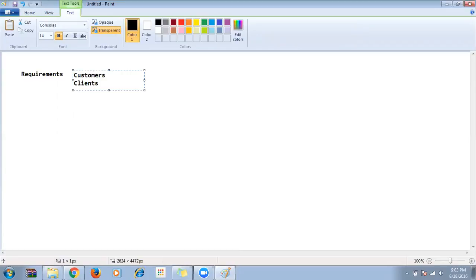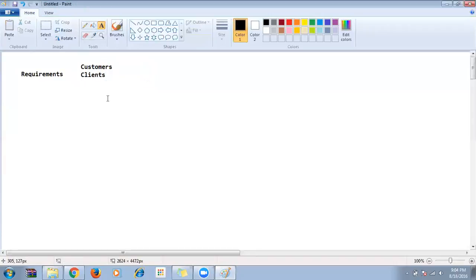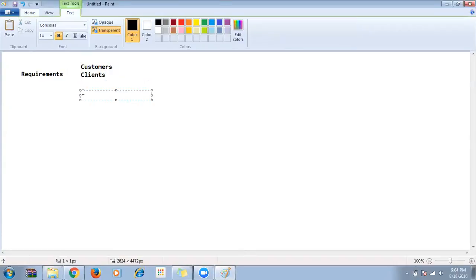So customers will be called in two ways. One, we'll be calling them as customers. The other one, we'll be calling them as clients. They are the persons who give the business requirements. These business requirements will be given to whom? They will be given to the product owners or